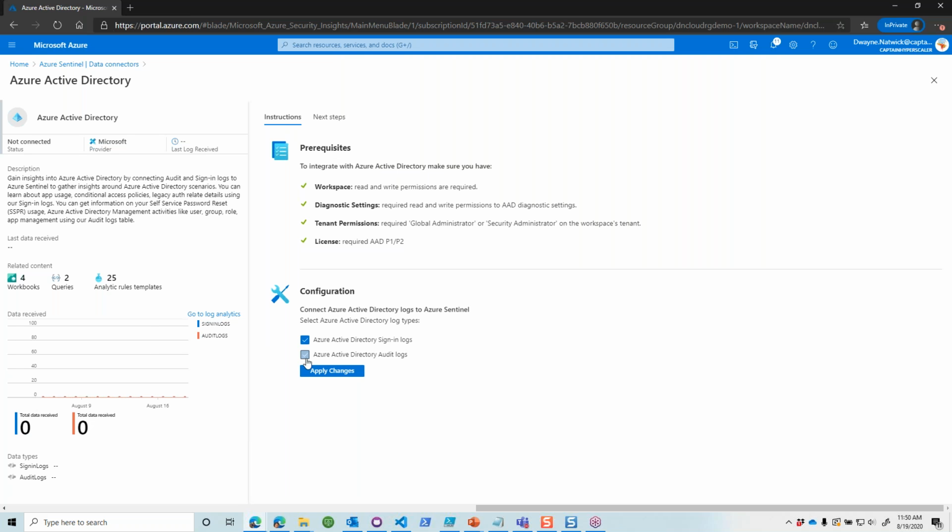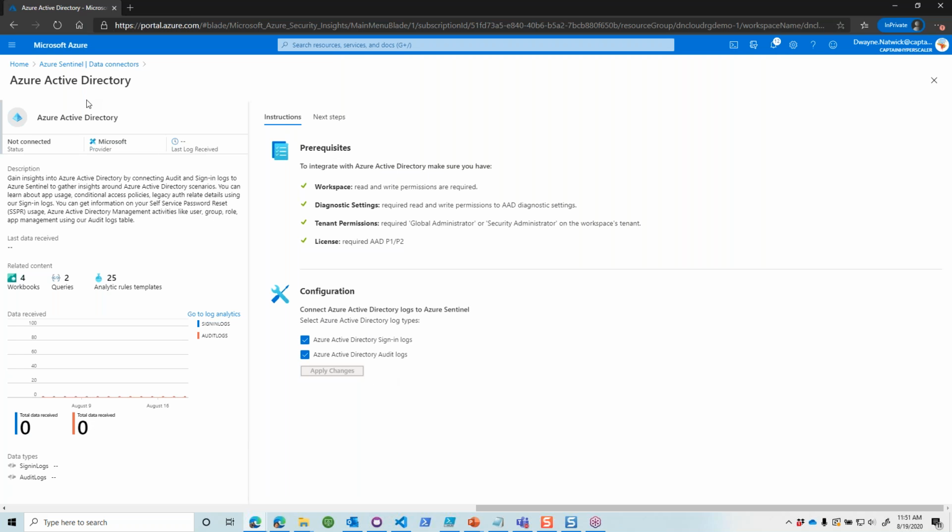We want to watch our Azure Active Directory sign-ins, and you can see if you have prerequisites and it's within the Azure environment, it'll take a look and let you know how you are right off the bat and let you know if you're missing something. One that you might find is maybe you don't have an Azure Active Directory premium license. I already have that license. If you don't have that license, you may need to upgrade your services. But I already have that, so I can very easily grab my sign-in logs and audit logs and bring those into Azure Sentinel and